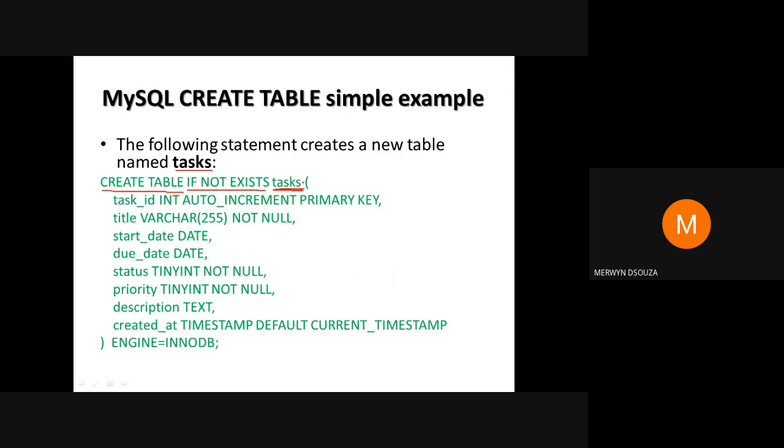The columns are specified, like I told you, with the help of opening parenthesis, and once you finish specifying the columns and all the constraints, you close that parenthesis. So there are various columns that are specified. Let's go through them one by one. The first column is the task ID column. The task ID is the auto increment column.